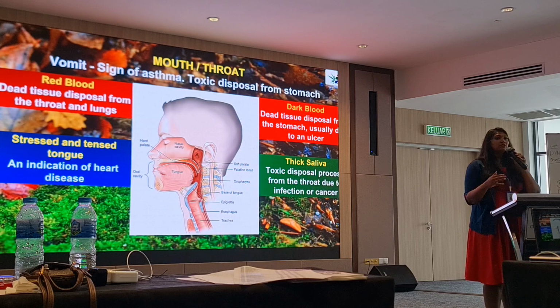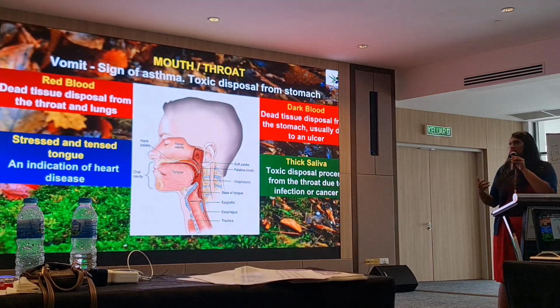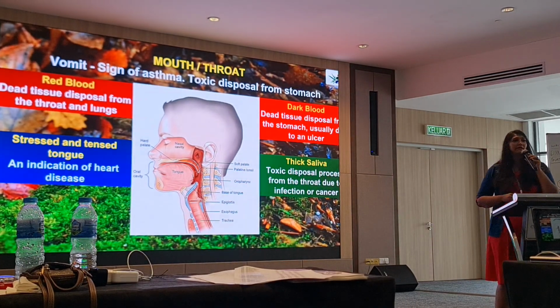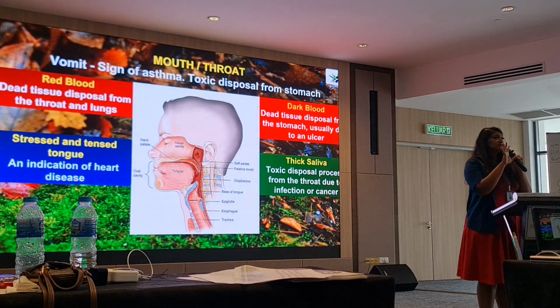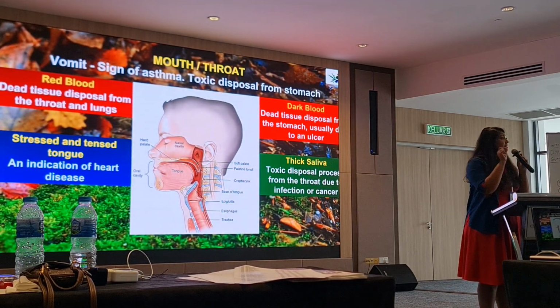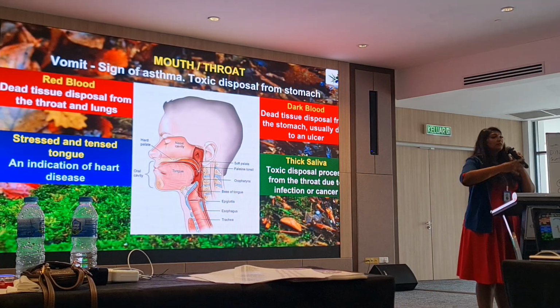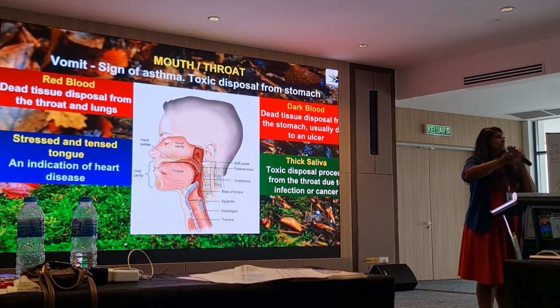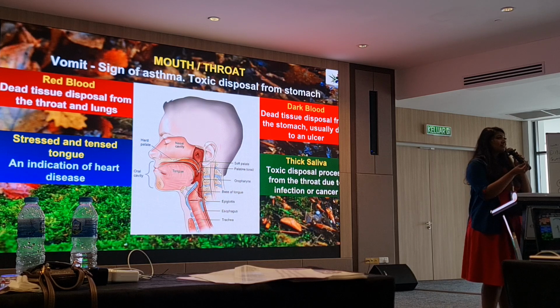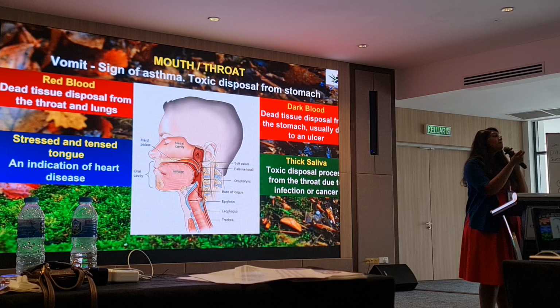So sometimes when you start taking RGGL, dark blood might come out. So this is nothing to be alarmed about. That means there was some ulcer in your stomach. RGGL is bringing it out. If it's dark, that means it's tutup cerita, it's a closed chapter already. Only the remnants are being released.